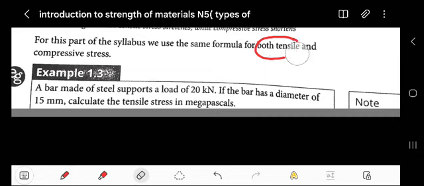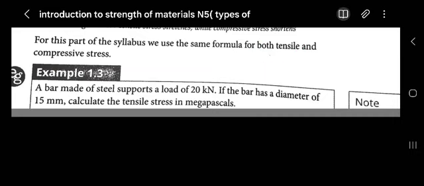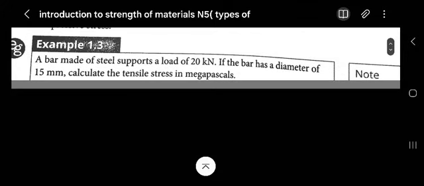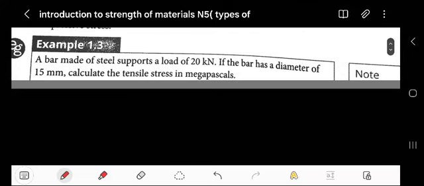For this part of the syllabus, we'll use the same formula for both tensile and compressive. Take note there. For example, we have 1.3 there. It clearly says we are given a bar made of steel supporting a load. If the bar has a diameter of this, calculate the tensile stress in